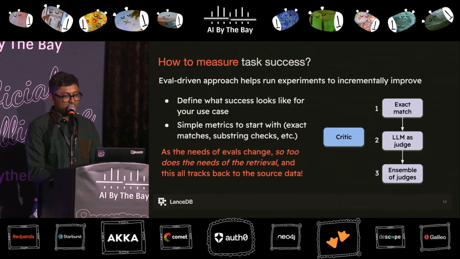But the key point here is this is a forward-backward sort of process. As evals continually change and you find more failure modes in what your agent does, you find out what is missing in each of these retrieval layers. And that takes you back right to the source, which is the data. So you then go back and augment the source data. You use techniques like feature engineering or exploratory data analysis to find more useful ways to express your data. So it all ties back into the fact that the data is the most fundamental layer at the base of the agent application.